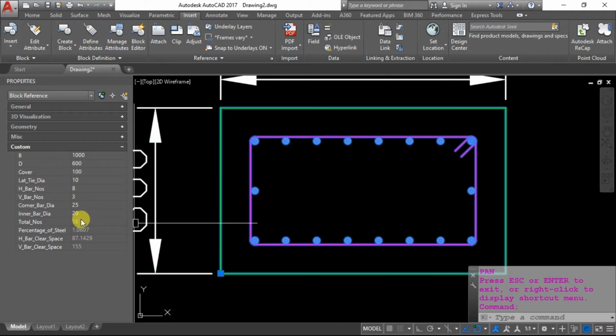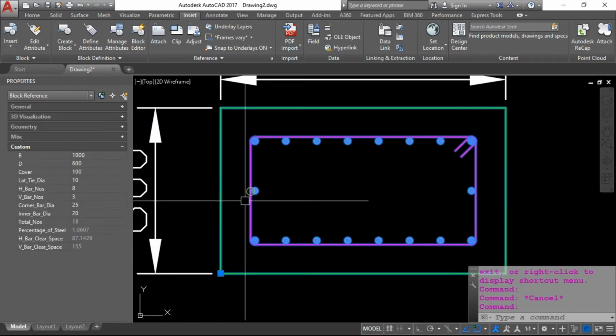It also counts the total number of bars, and in addition to that we have included a few more points for designing the RC which we provided. So we can enter the values of the bars like dia. We can simply enter the dia of bars in two split ups, one is corner bar, one is inner bar.